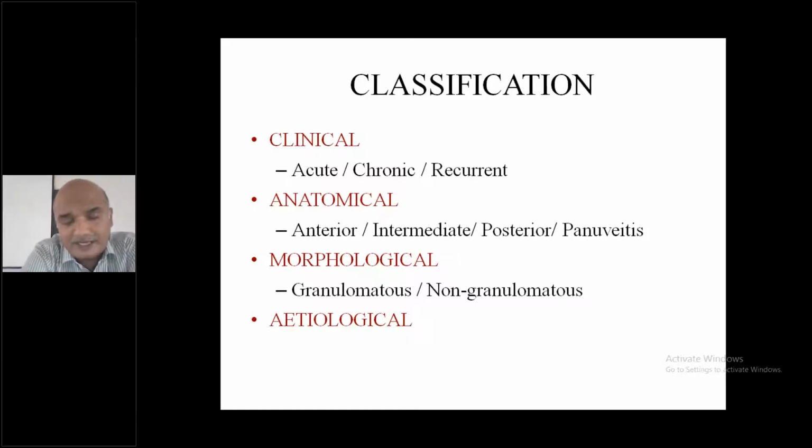Non-granulomatous uveitis is the acute reactive uveitis, which is commonly seen in conditions like psoriasis or any connective tissue disorder which is involved in the body. It presents with a non-granulomatous type of uveitis. Etiological classification is again based on the cause, whether it is infective, like tuberculosis, syphilis, or non-infective, like sympathetic ophthalmia, or due to a connective tissue disorder, depending on the type.